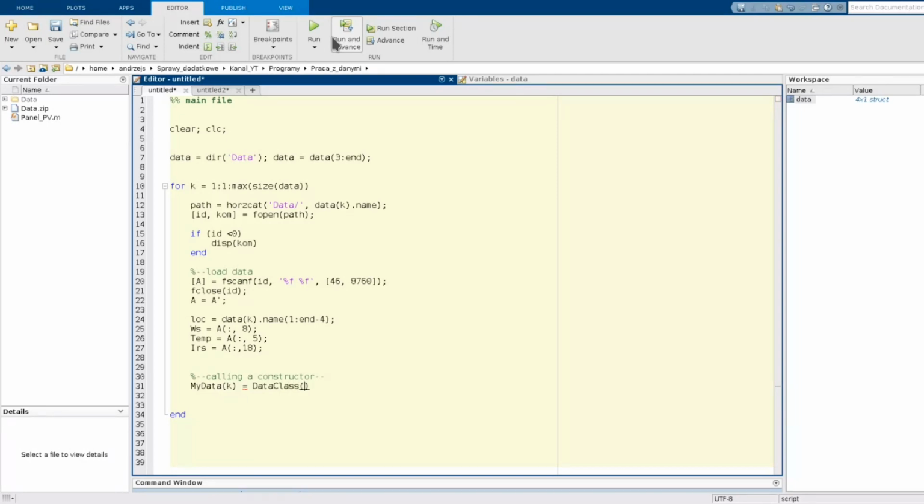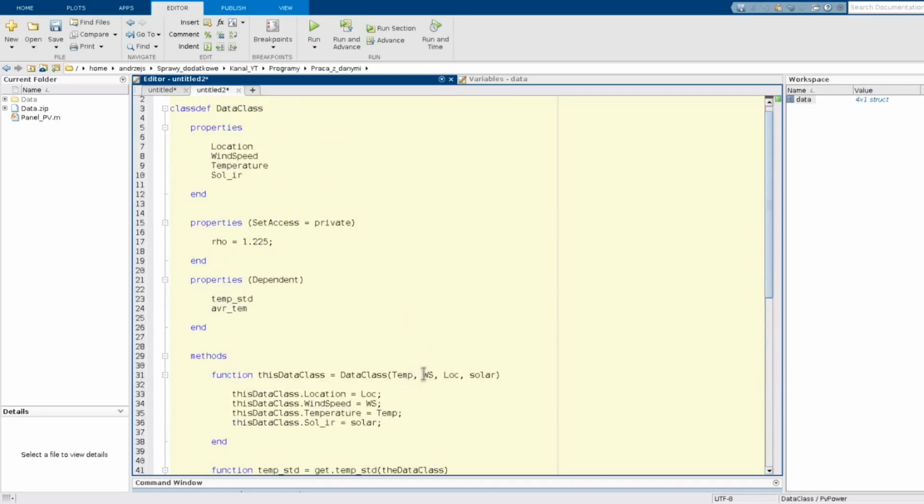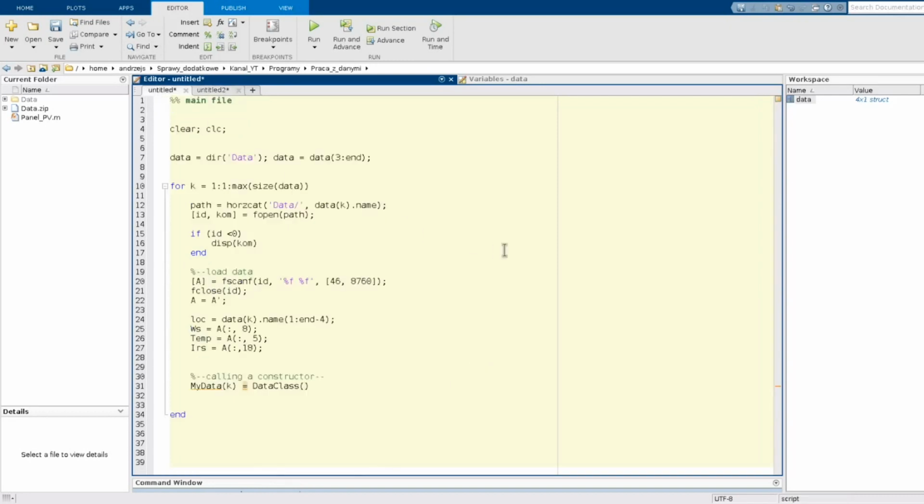Data class, okay, and then the arguments of my constructor, which are here: temperature, wind speed, location, and solar irradiance. Okay, and that's all if it comes to creating the object.